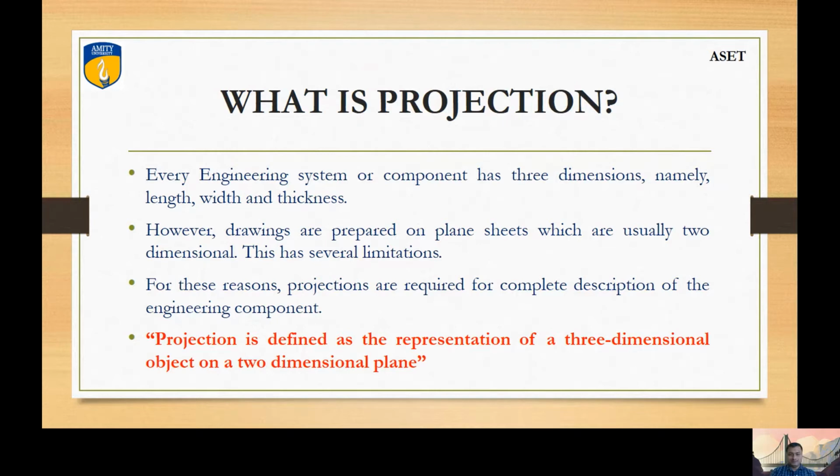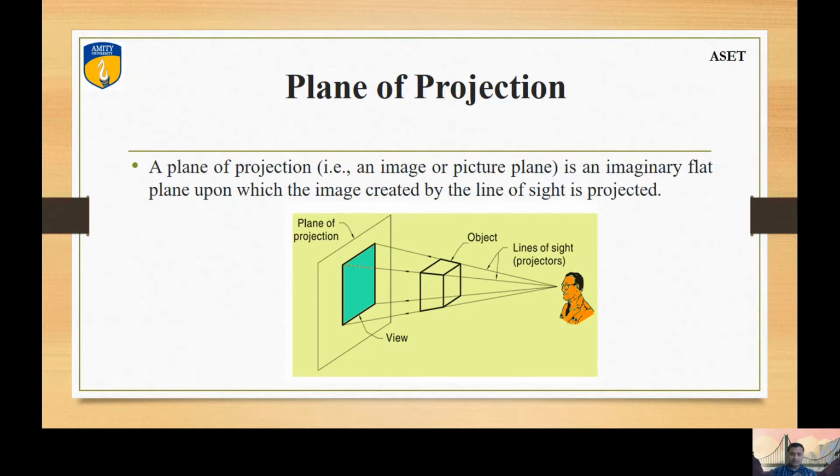So how has it been done? It is done by means of a few parameters, as you can see from the image. There should be one light source, generally named the observer. There will be an object and there will be a screen. When an observer sees any object, the rays coming from the eyes fall on the object. These rays are termed the line of sight, or the projector.